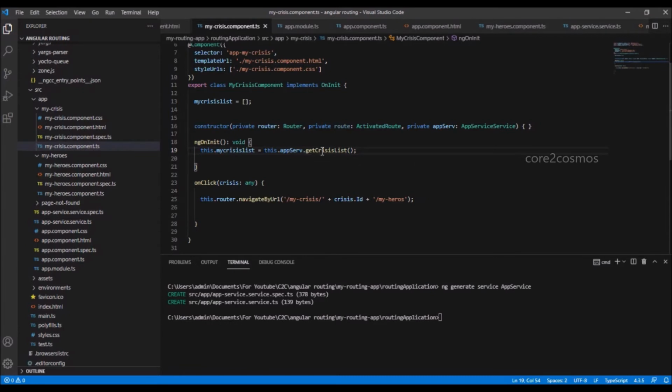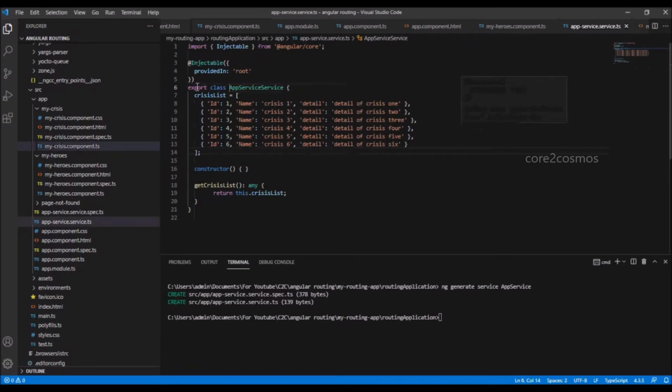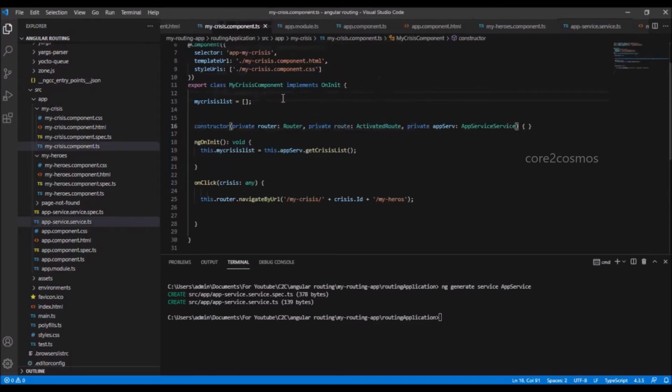By doing this, we are putting the crisis list variable in the app service as a single point of usage. In the same way, we can inject the app service in any component in our project and call the getCrisisList method.